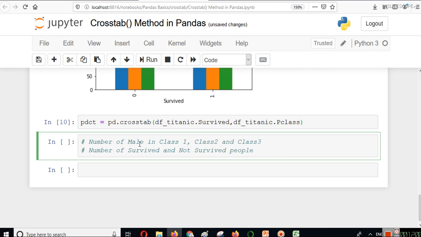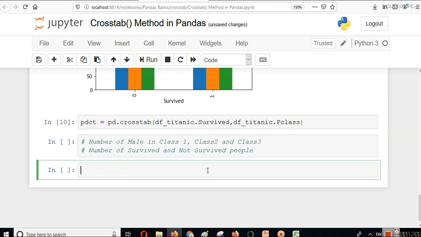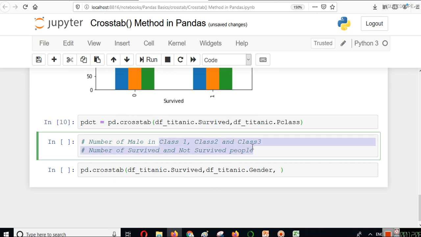If you want data like this, then you can use one more parameter here. So we have survived and gender here, let's say. We want to see the number of male. In this case we will get the number of male survived and female survived and not survived.